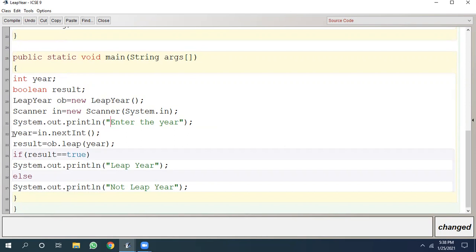And in this line, year = in.nextInt. The program gathers the data from System.in, the console. The entered data from the keyboard is collected with this function in.nextInt and stored in the variable year.